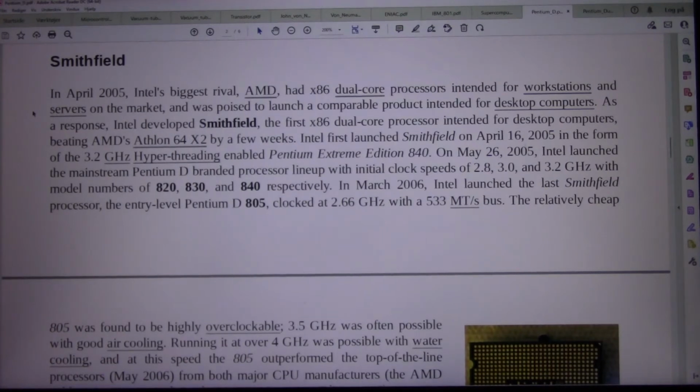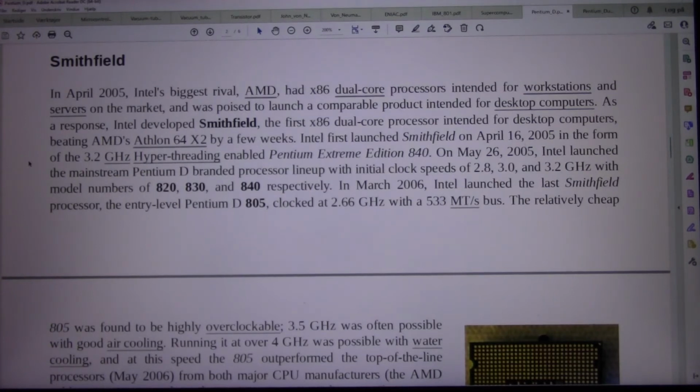Smithfield. In April 2005, Intel's biggest rival, AMD, had x86 dual-core processors intended for workstations and servers on the market, and was poised to launch a comparable product intended for desktop computers. As a response, Intel developed Smithfield, the first x86 dual-core processor intended for desktop computers, beating AMD's Athlon 64 X2 by a few weeks. Intel first launched Smithfield on the 16th of April 2005 in the form of the 3.2 GHz hyper-threading-enabled